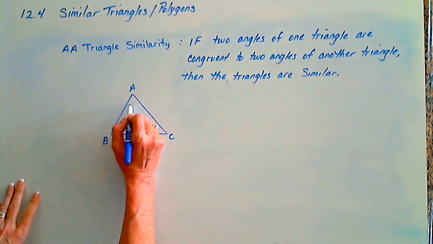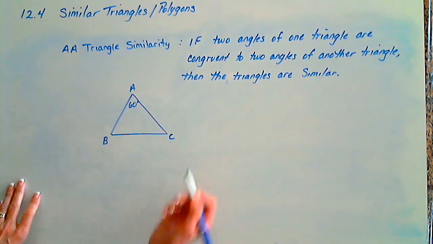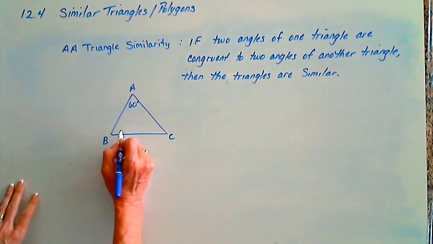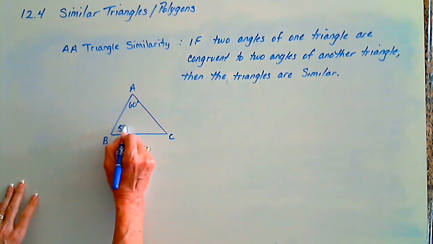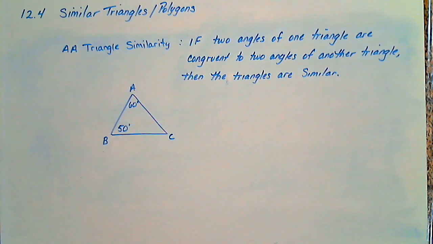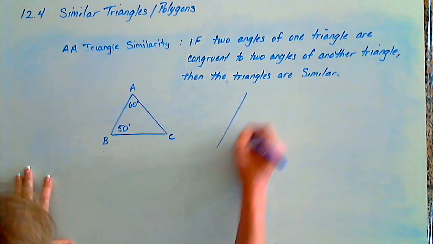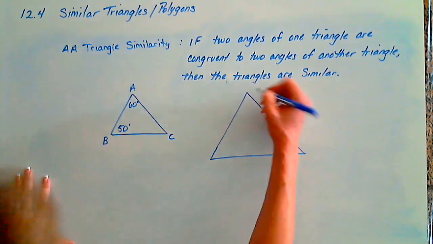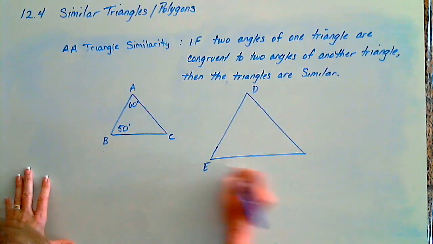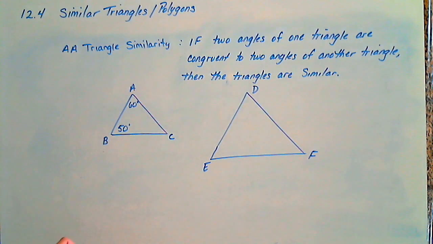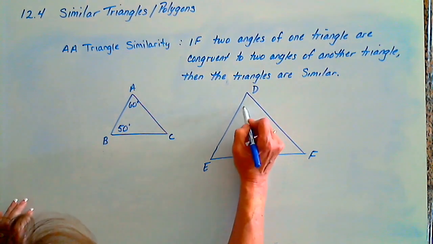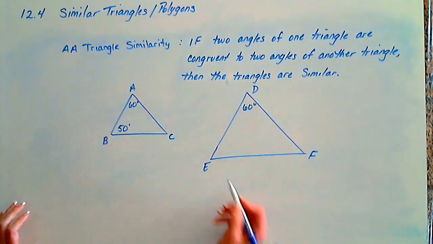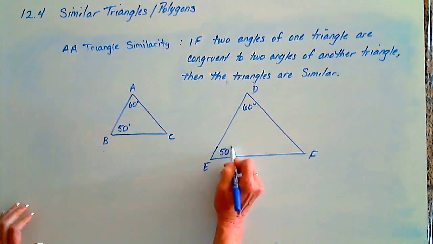And I tell you angle A is 60 degrees and angle B is 50 degrees. Well, if we have another triangle, we'll call this triangle DEF, and angle D happens to be 60 degrees as well, and E happens to be 50 degrees,